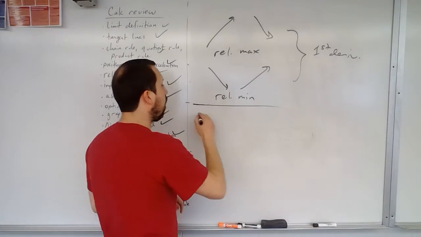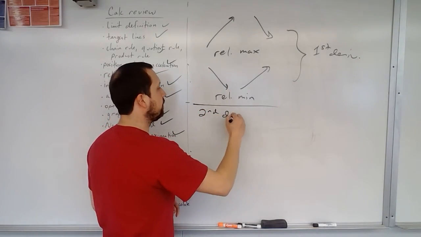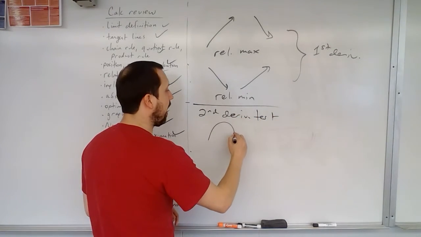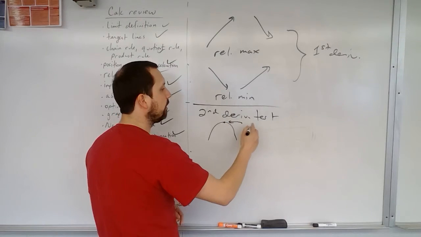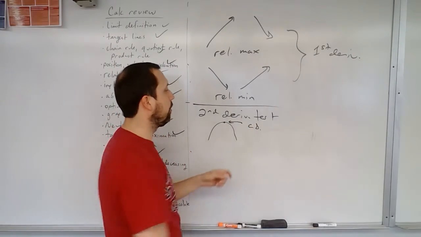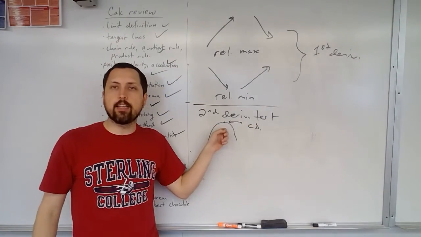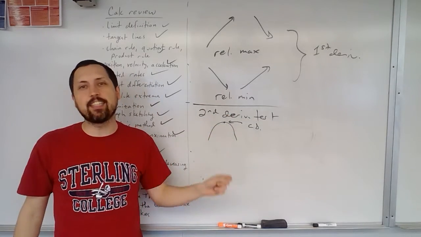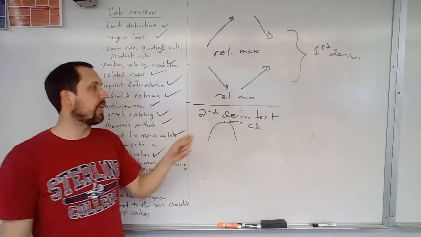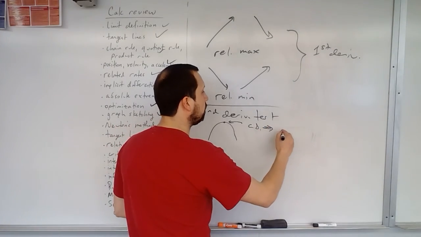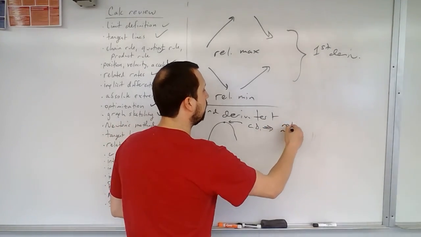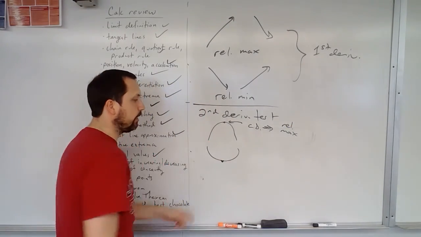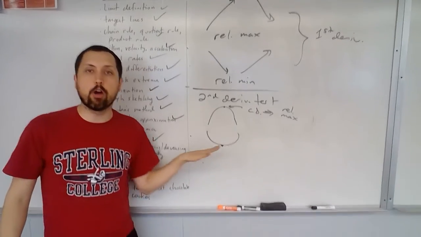You could also use a second derivative test. So for the second derivative test, if you have some type of maximum here, you have concave down. So if this point is a critical value, you evaluate the second derivative at it and it is negative, this is going to be a concave down function, which implies this is going to be a maximum. Again, a relative maximum. Or same thing if you have a critical value here, so the derivative equals 0, say